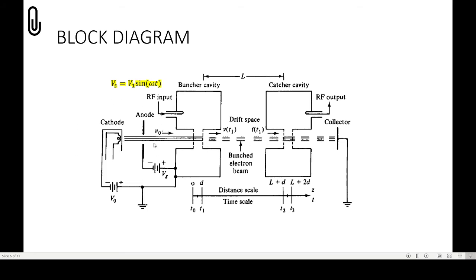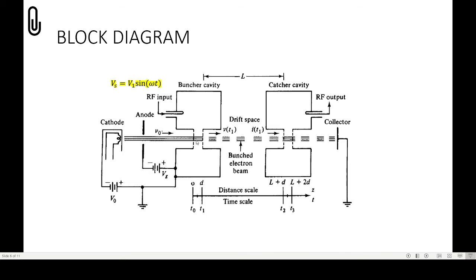To maintain a constant electric flow between the cathode and the collector region, a strong DC supply voltage is given across cathode to anode and it is denoted as V0. Usually the range of V0 is about 250 to 500 volt. Now let's see what happens to the velocity of the electron. When there is no interference of the input signal, the electron will move with a constant velocity of V0.